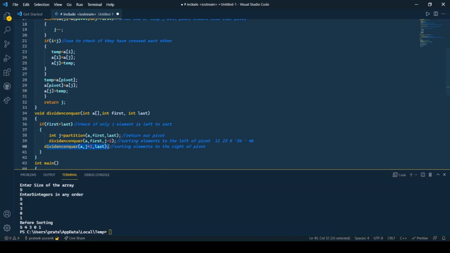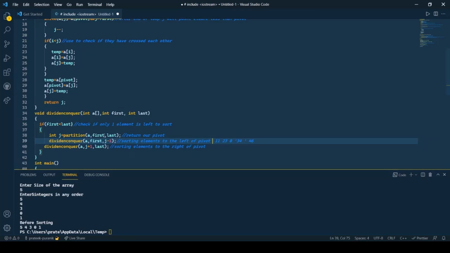divide and conquer algorithm. So initially when we had passed the lower elements, it is again going to check if first is less than last. Yeah, first is still less than last, so it is going to partition the values which we have just sent. So after this we are again going to call the partition algorithm and use the pivot elements and sort the array according to that. And next we had sent 46 to the divide and conquer, recursively called it. So 46 and 46, first is pointing to last, so we are simply not going to execute this part. So over here, this is how this divide and conquer recursion call works.